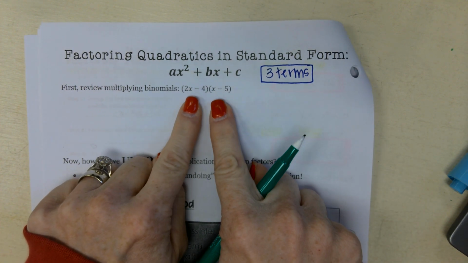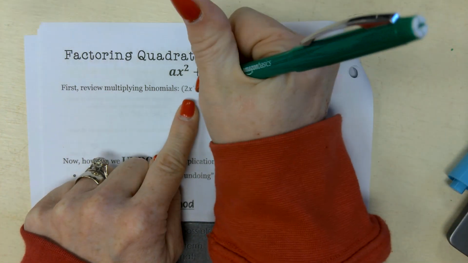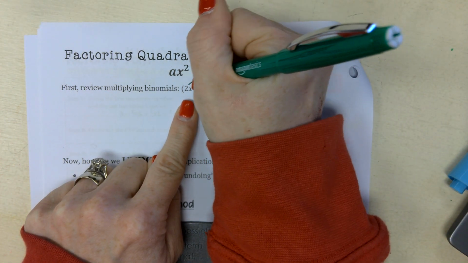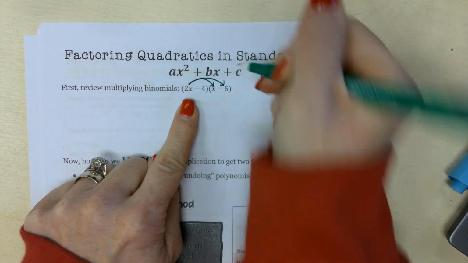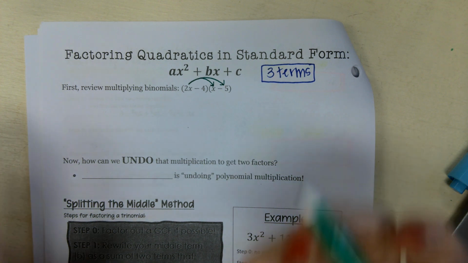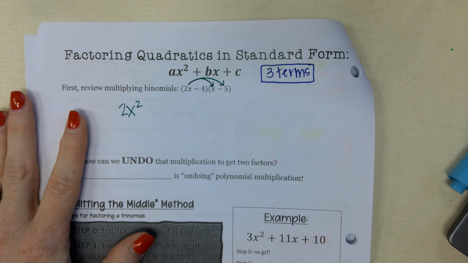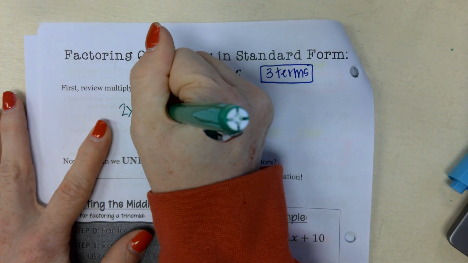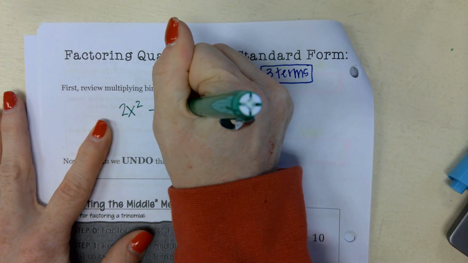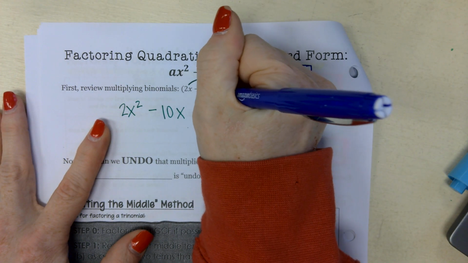So a binomial has 2 terms. So this is a binomial times a binomial, okay? We use the distributive property. I'm going to distribute the 2x to both the x and the negative 5. What is 2x times x? 2x squared, perfect. And 2x times negative 5 is? Negative 10x, okay? Then I am going to distribute the negative 4,